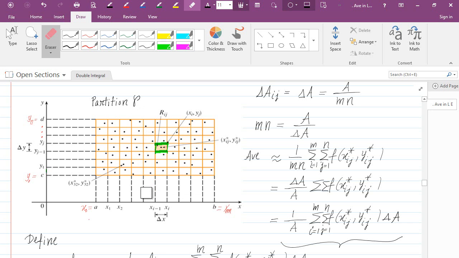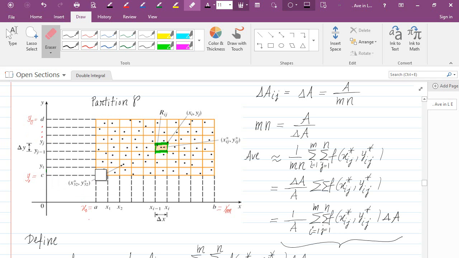We are going to divide the rectangle into m vertical strips, where we are dividing the rectangle at the points x0, x1, x2 up to xm on the x-axis, and we are dividing the rectangle into n horizontal strips as well,